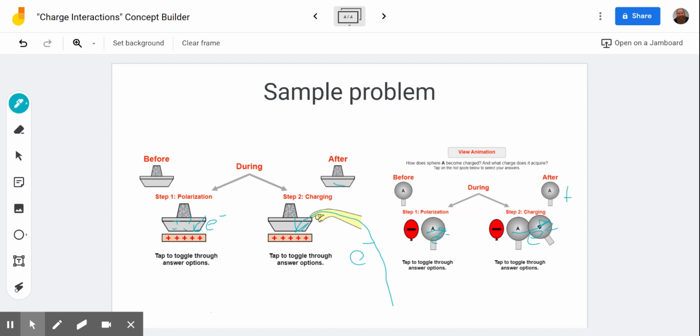Once again, the electrons flowed away from A and into B because they were being repelled by this negative charge. That left this with more protons that weren't able to move. Their electrons flowed away from them, and so we had extra protons left over for a positive charge. I hope you enjoy the puzzle of thinking through how